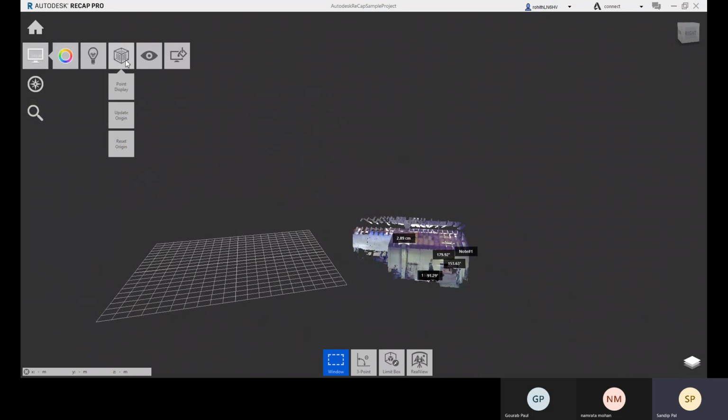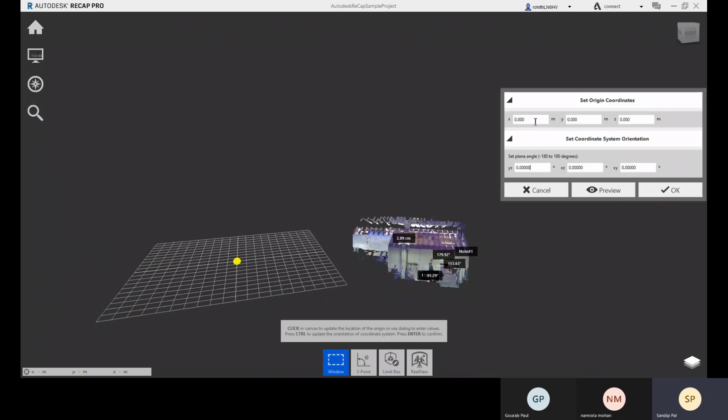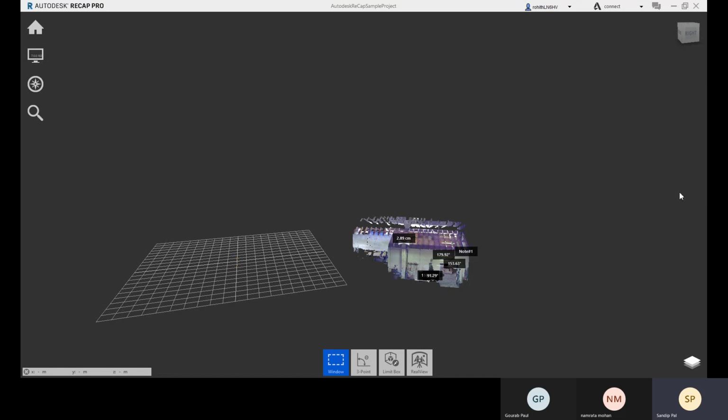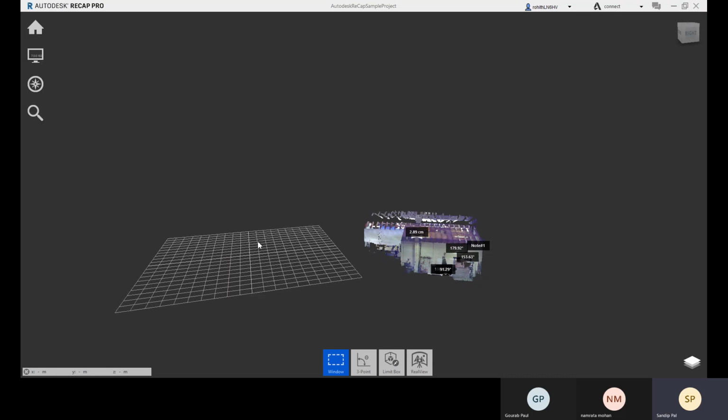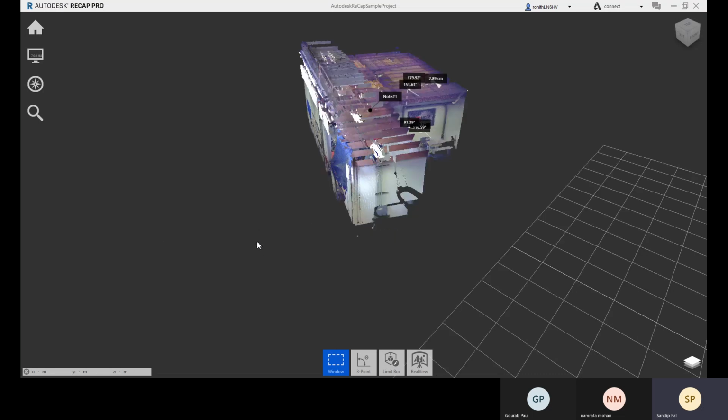So again you can come to this update origin there, and this was set as 0. Or let me just undo this.